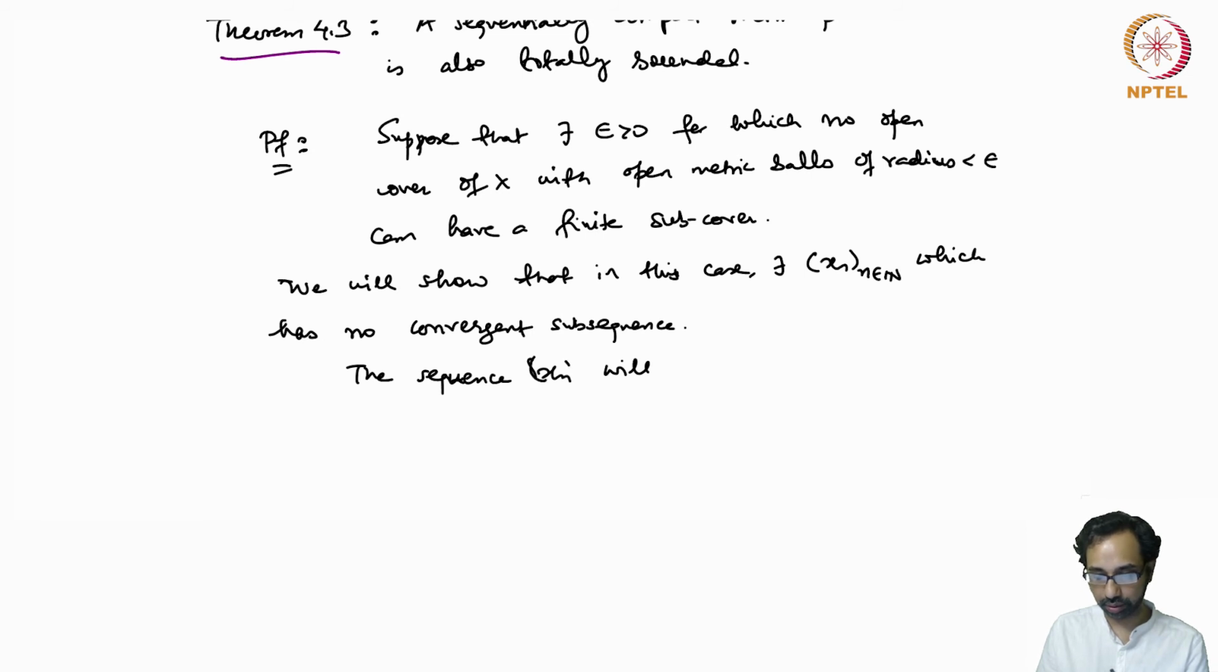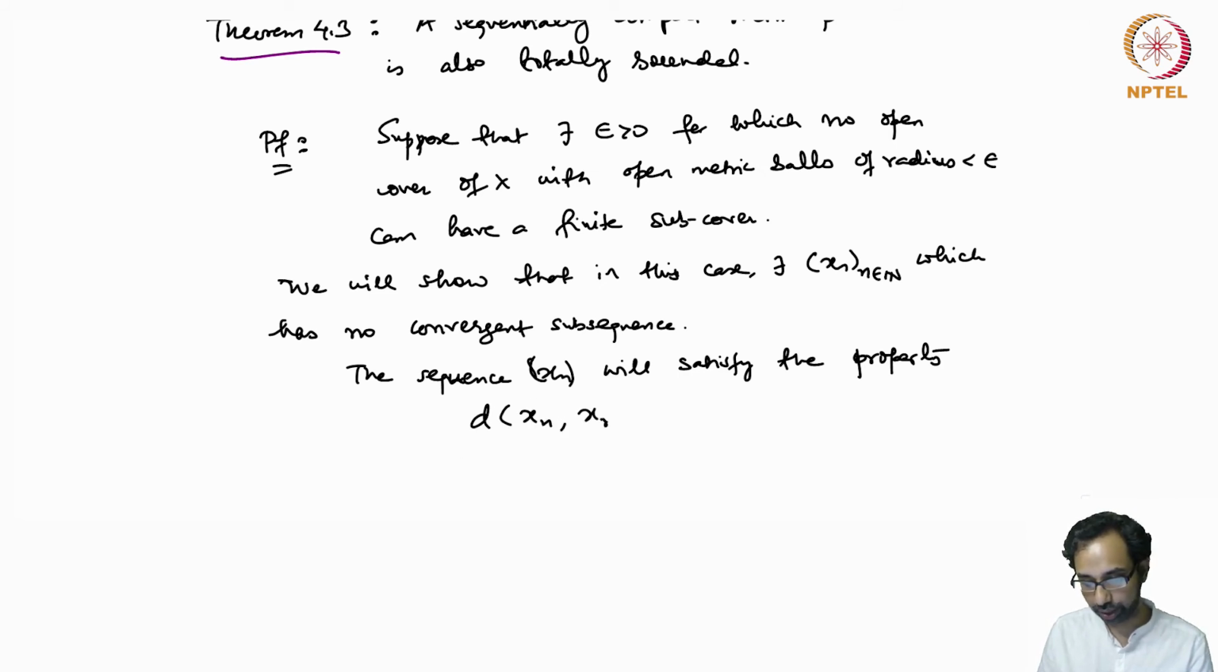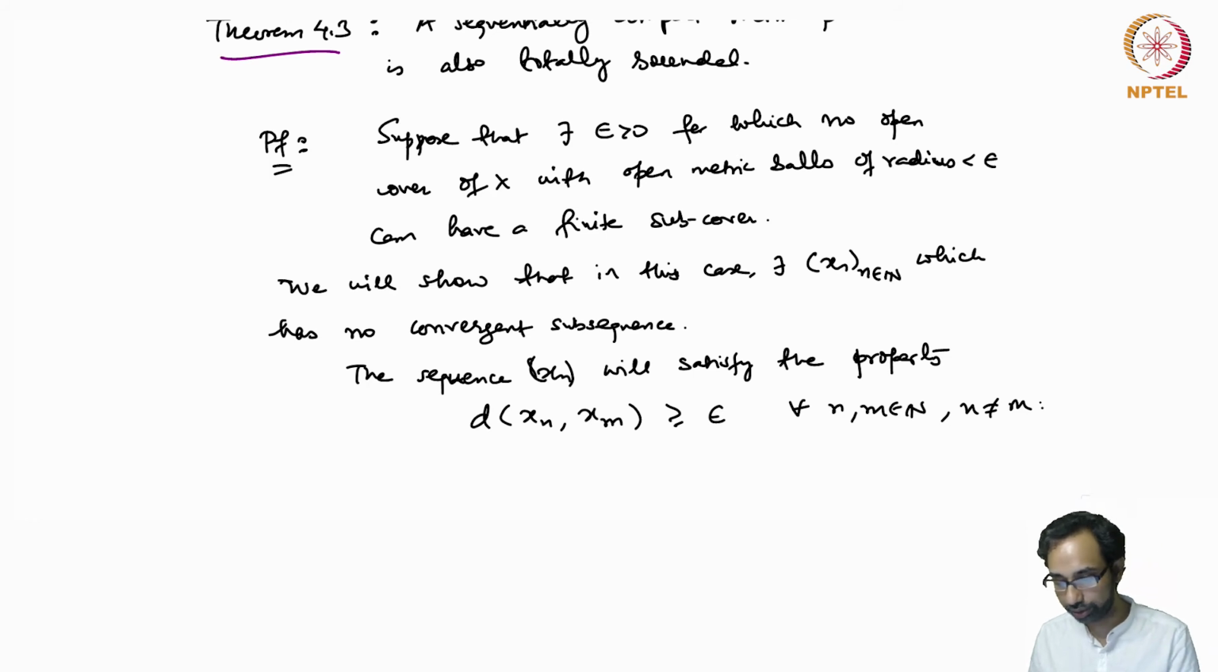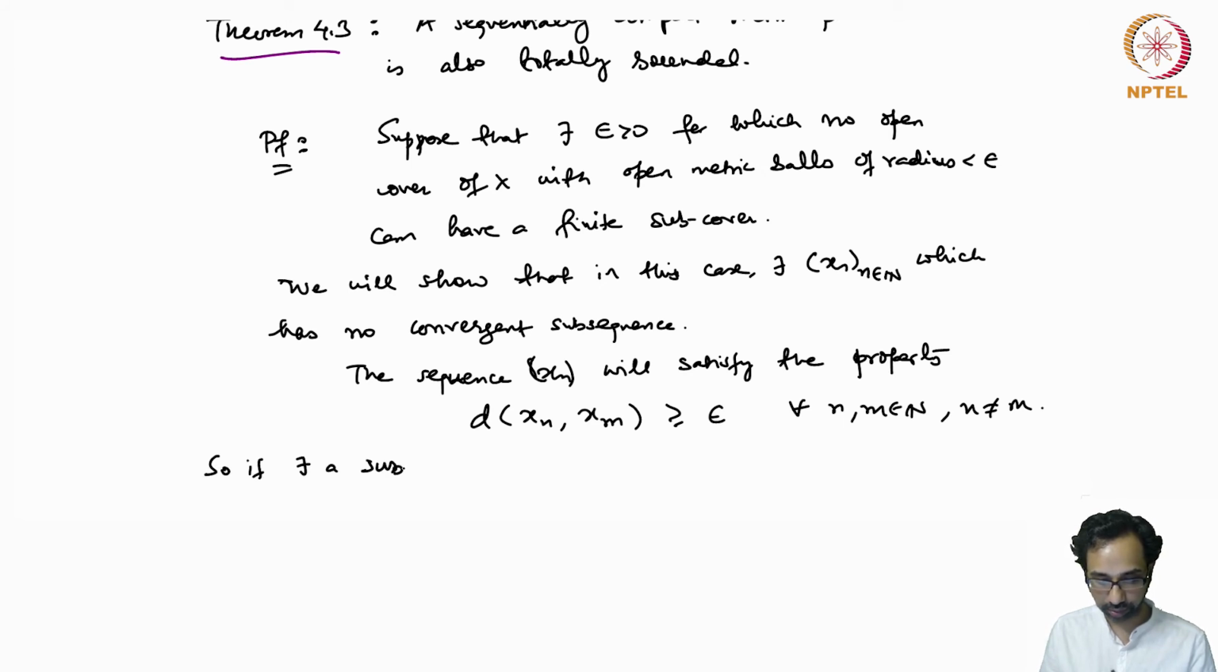will satisfy the property that the distance between any 2 points xn and xm is greater than or equal to epsilon for all n, m in N and n not equal to m. So any two distinct points must have a distance greater than or equal to epsilon, which means that if there exists a subsequence xni converging to some point, let's say x star,